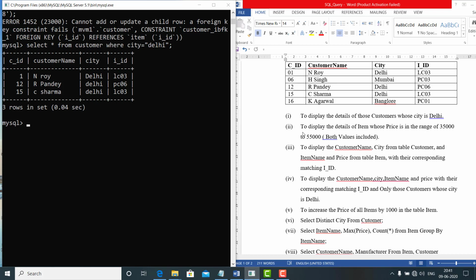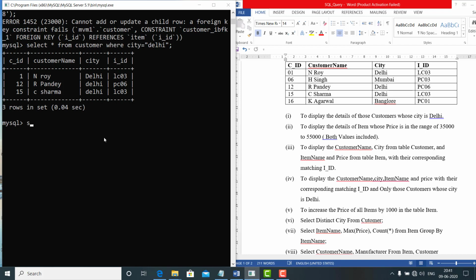Now we will perform the second query. In the second query we want to display the details of items whose price is in the range of 35,000 to 55,000, both included. To display the details of items, the table is item.